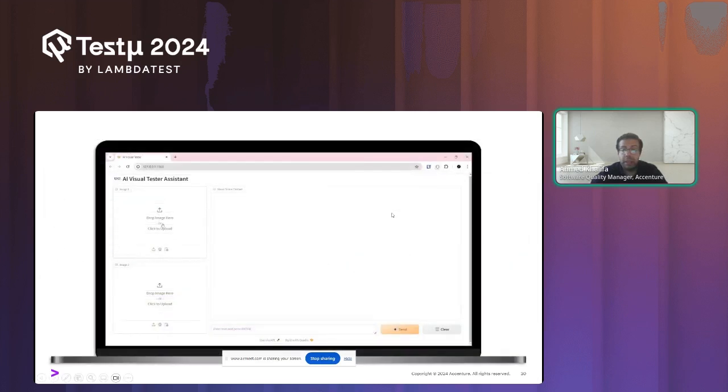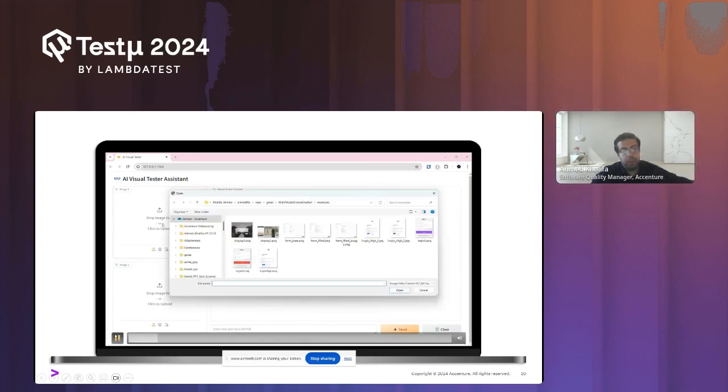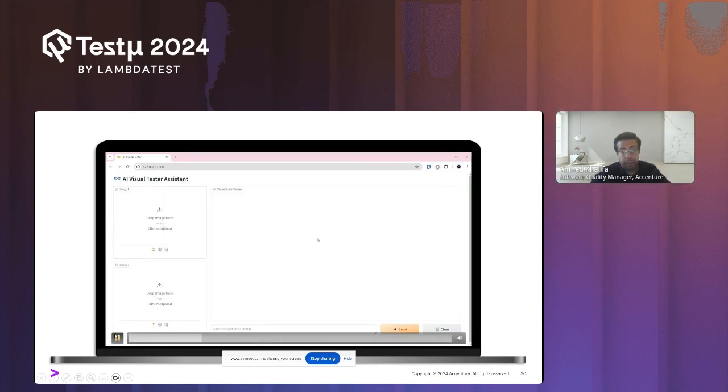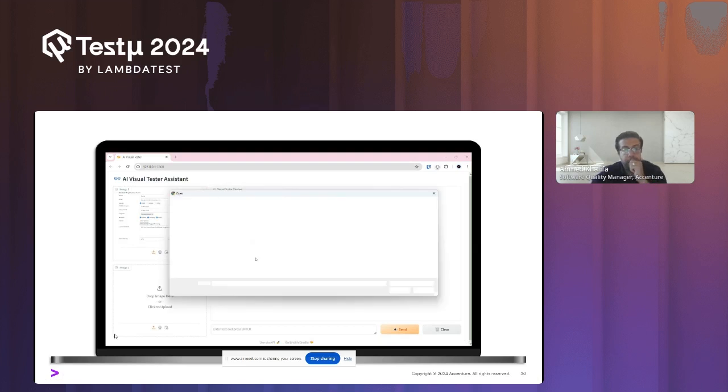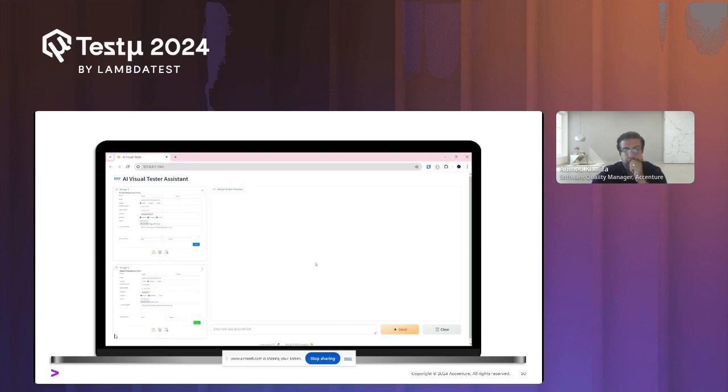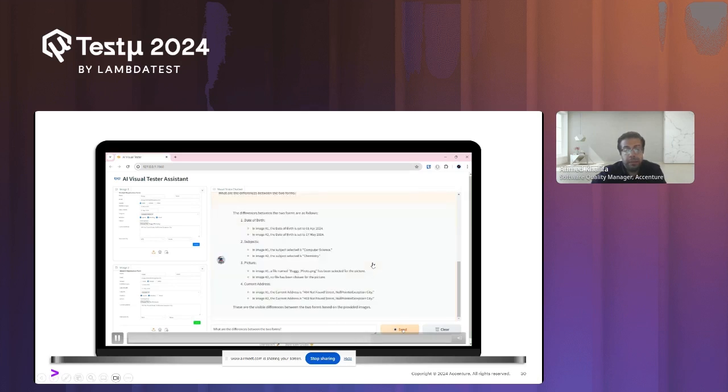And if you look at the output, you will see that it's able to identify the difference, right? So it identified the date of birth, the subject, the picture, and the current address, but it's still missing some things.